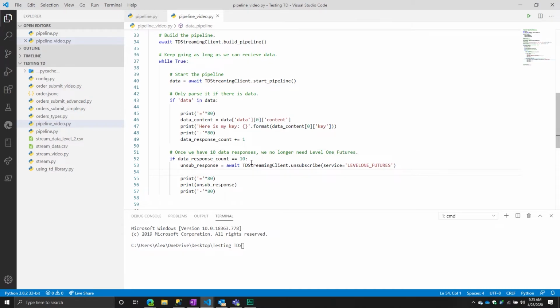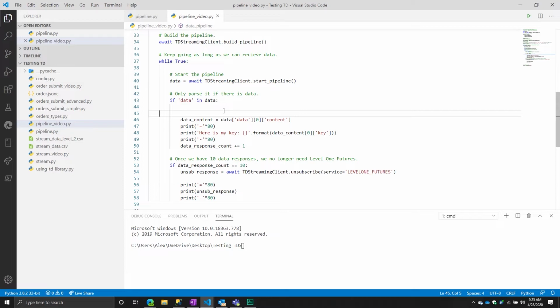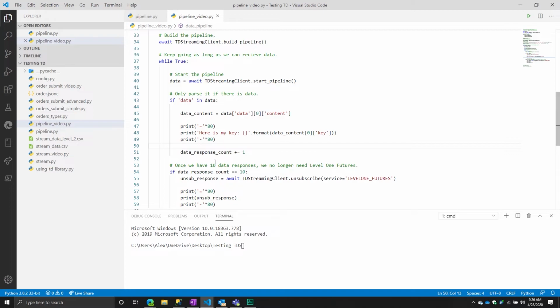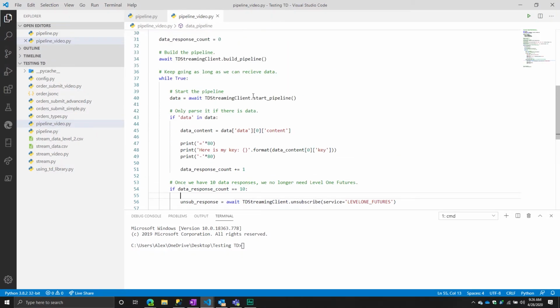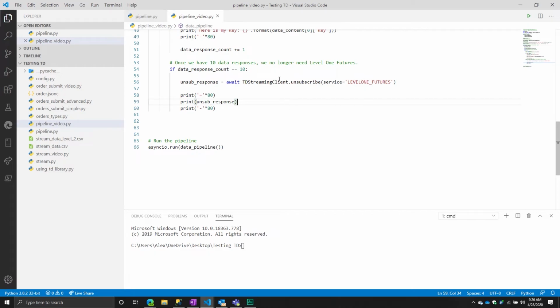So all this is showing us is we can unsubscribe from content as it comes in. As it comes in, we can unsubscribe from content dynamically. You can define the logic in the sense of whatever you want it to be, however complex or however simple you want it to be. You can always have a mechanism to unsubscribe. Note, I did also use the await keyword. Why is that? Well, I definitely don't want to print out the response if it's not given to me. So the await keyword says, hey, wait until this finishes, and then store it in this variable unsub response